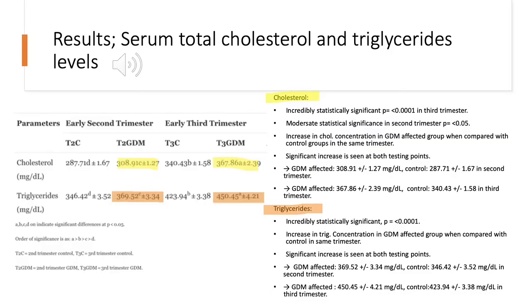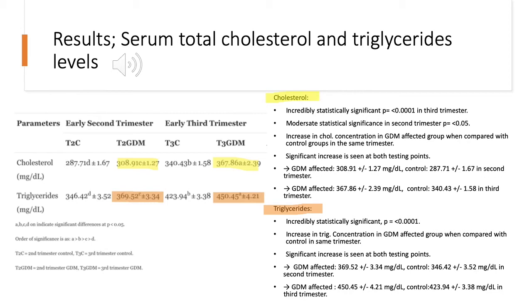From that data analysis, we get the level of total serum cholesterol, low-density lipoprotein, LDL, very low-density lipoproteins, VLDL, and hs-CRP. Firstly, the TC levels obtained within this investigation begin to illustrate the statistically significant changes that individuals who develop GDM experience. It was found that the increase in TC was incredibly statistically significant, where P equals less than 0.00086, plus or minus 2.39 milligrams per deciliter, whilst the control level was 340.43 plus or minus 1.56 milligrams per deciliter